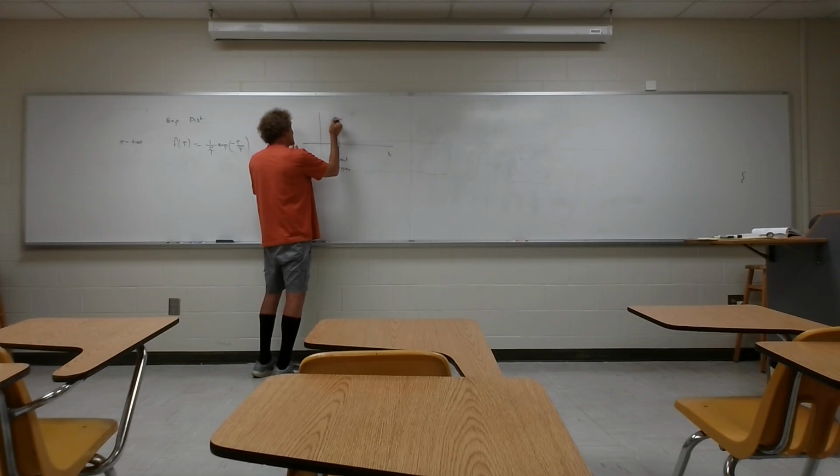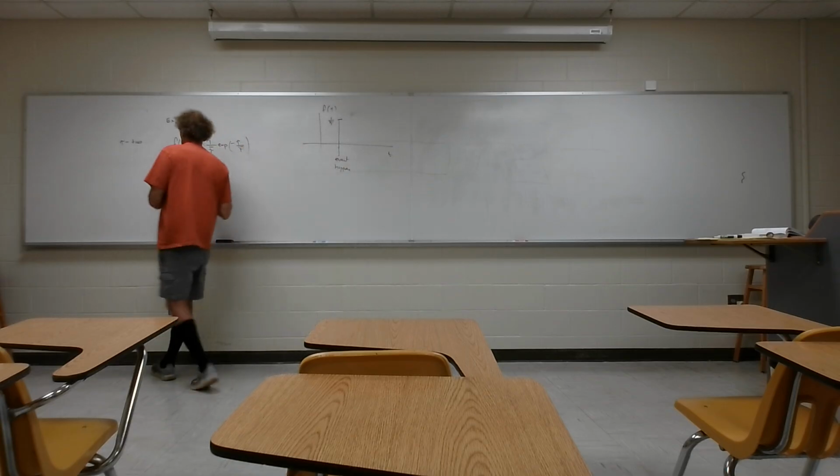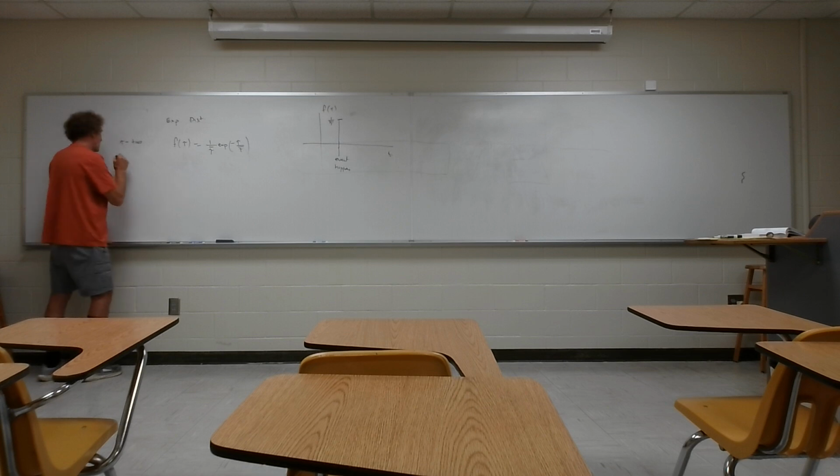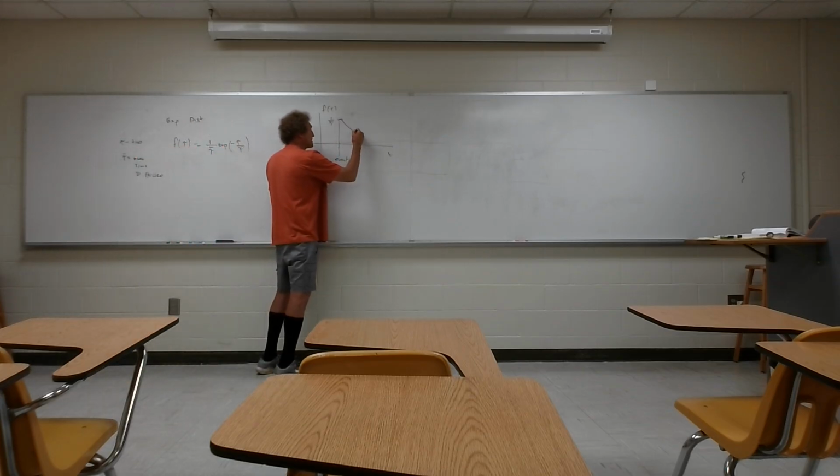Then if we look at the density function, f of tau, at this point we'll have a value of 1 over tau bar. And that's the mean time to failure. I better put this down. Tau bar is the mean time to failure. And it will keep going down, down, down, until there's another failure.